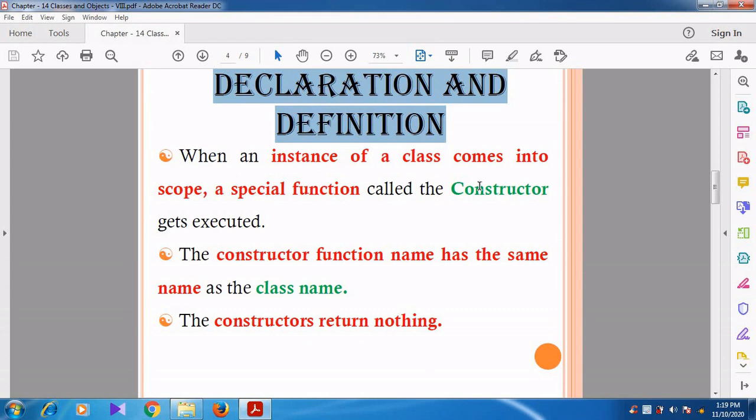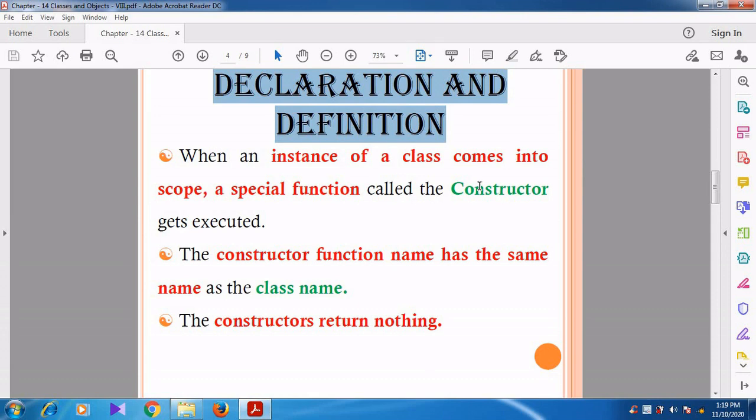The class object cannot be initialized by itself. The class object should be initialized only by a special member function called constructor. Can you understand, students? The class object cannot be initialized like an array or structure. It can only be initialized by the special member function called constructor. We have discussed like that.